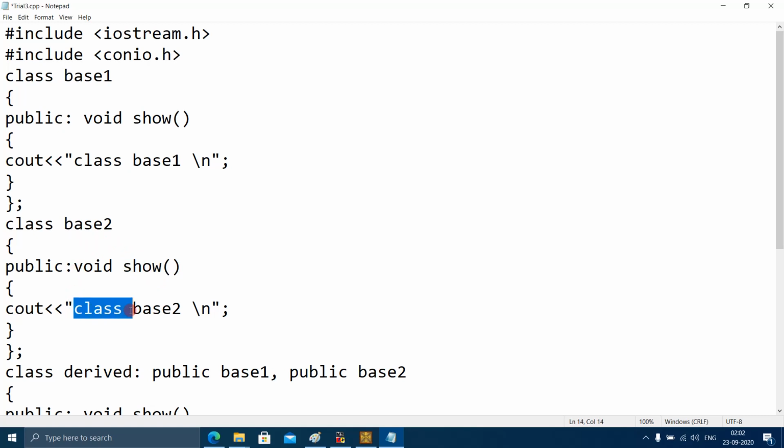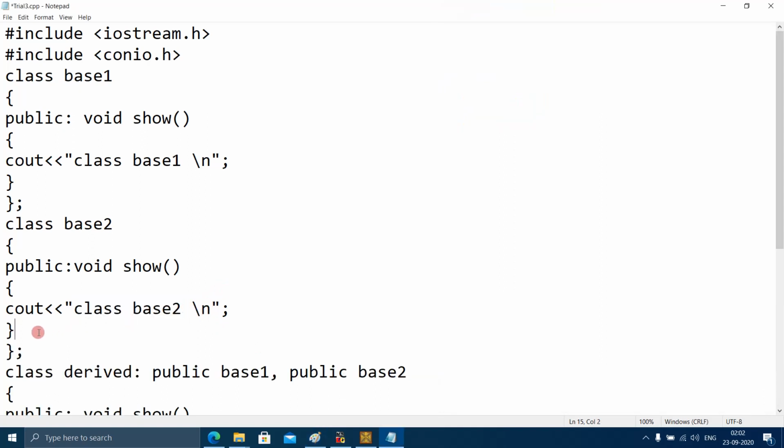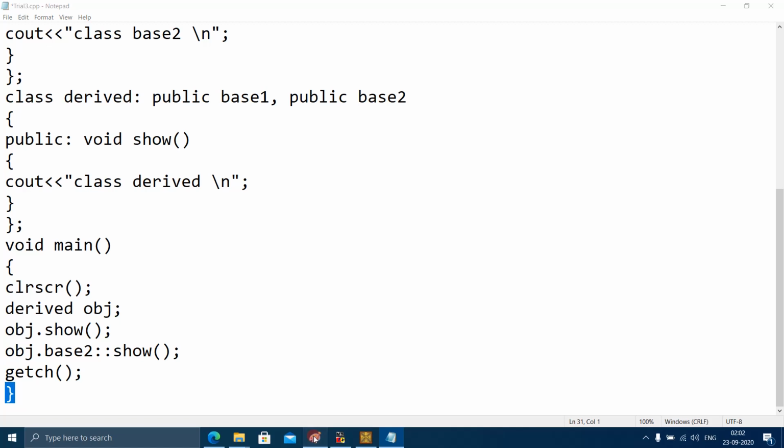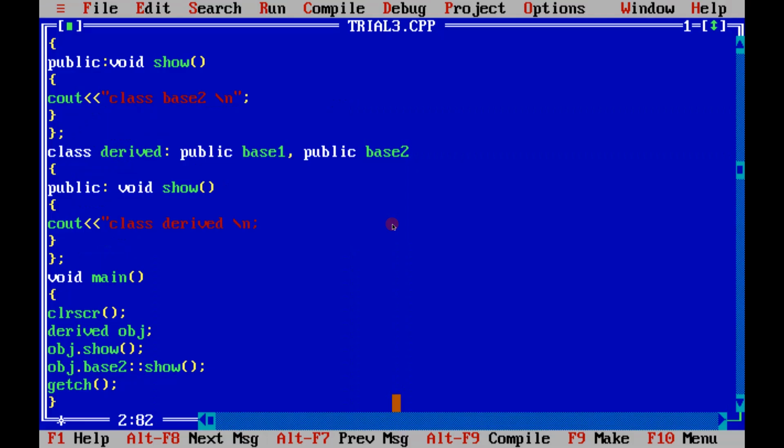It's going to print this statement, and there is \n, which means the next line will be in a new line. So this is the end of the show function of base 2. It will be back here, then getch, end of the program. So this is the expected output, and let's see what we are getting here.